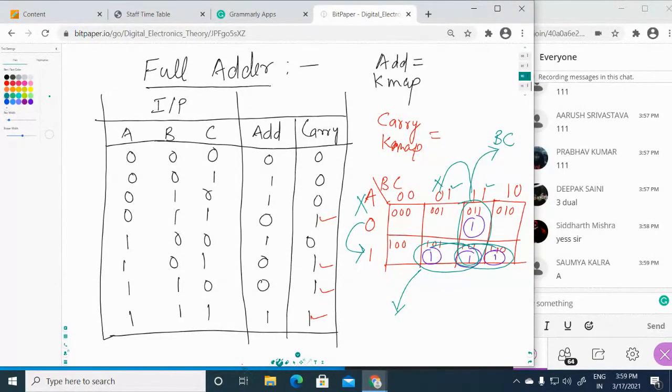Quickly give your response. Yes, the value of this one is C. So we will take the multiplication here. The value for this is A and the value for this is C, so you will get the output as AC.